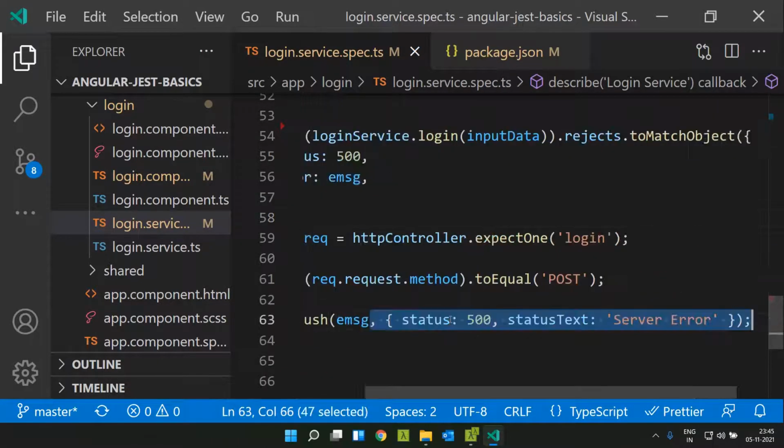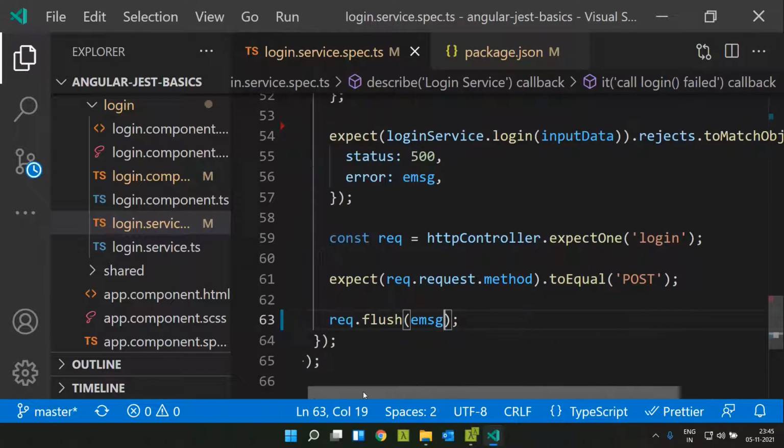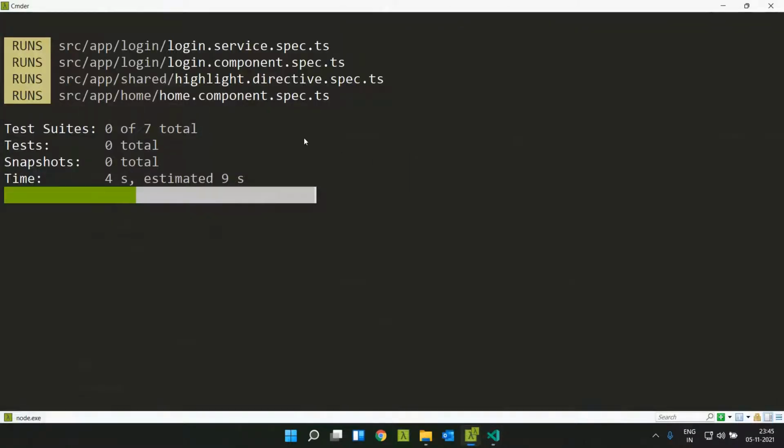Now in case I remove this and make it a positive case: previously we had a then, and inside that, in case of success, we were forcefully failing the test case using the global fail method. Now since we have removed that, all the specs will successfully run.